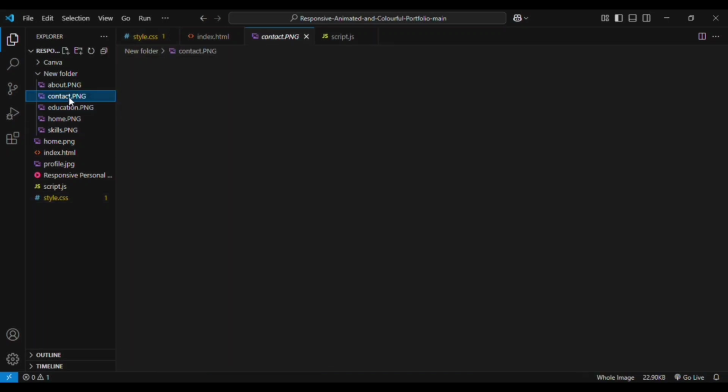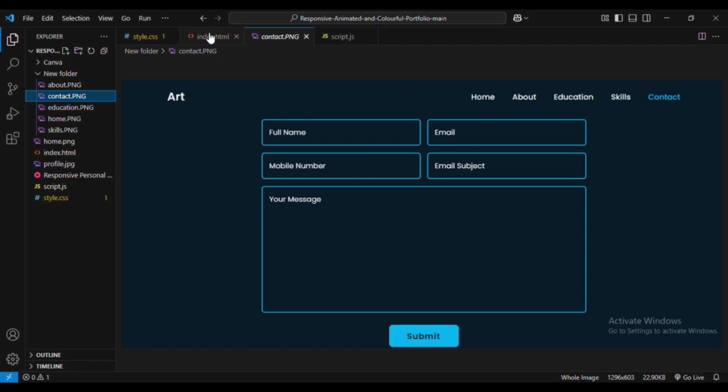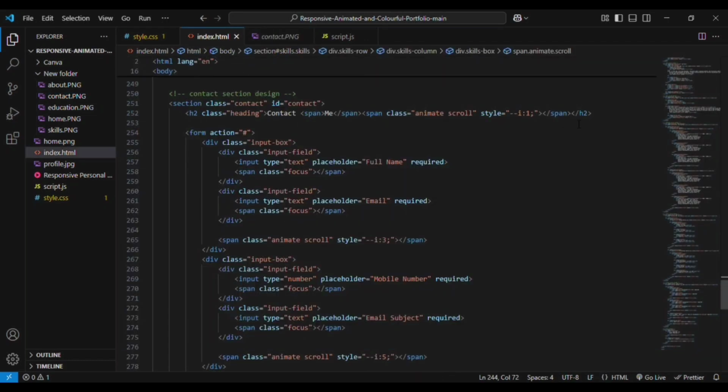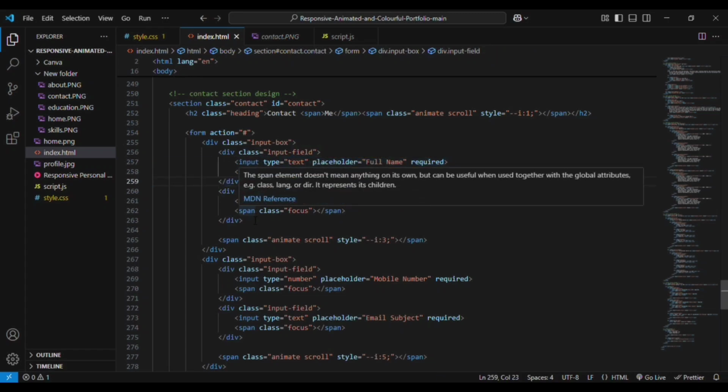This is the contact section. In the contact section, you can see we have the same heading tag using the h2 element, and then we have the form element. Inside that we have a box for input box and input field div. Inside that we have an input tag with the type text and placeholder given as full name. And we have the span element for the focus effect that we're going to create. The same input field div is copied again two more times, and we are adding a span element